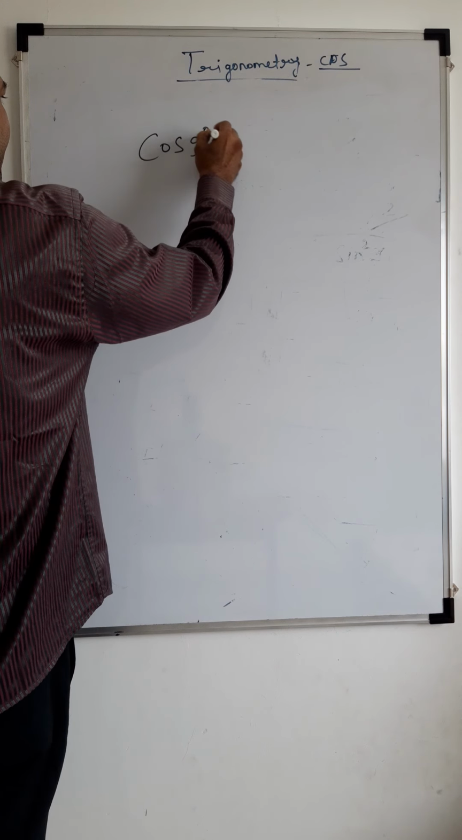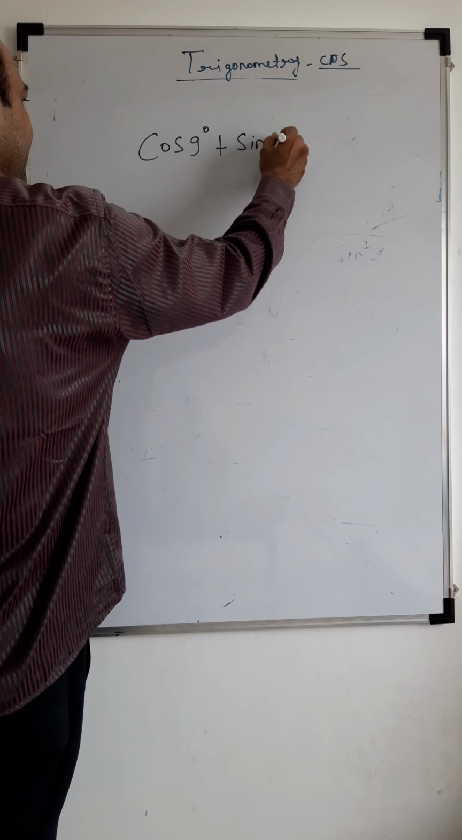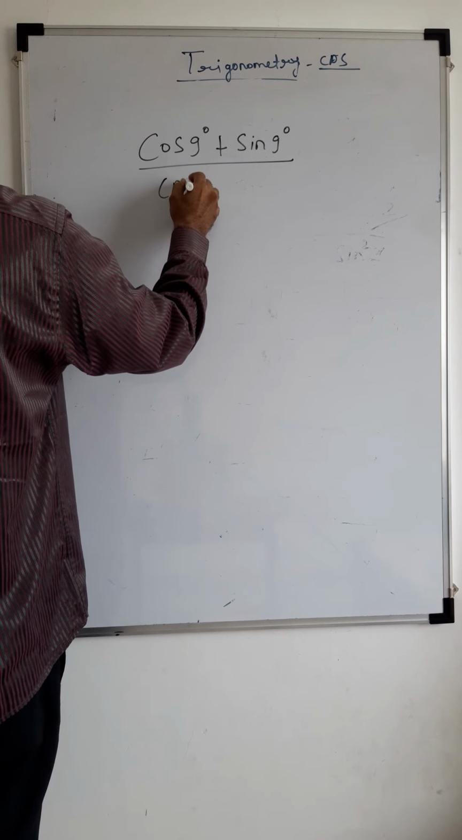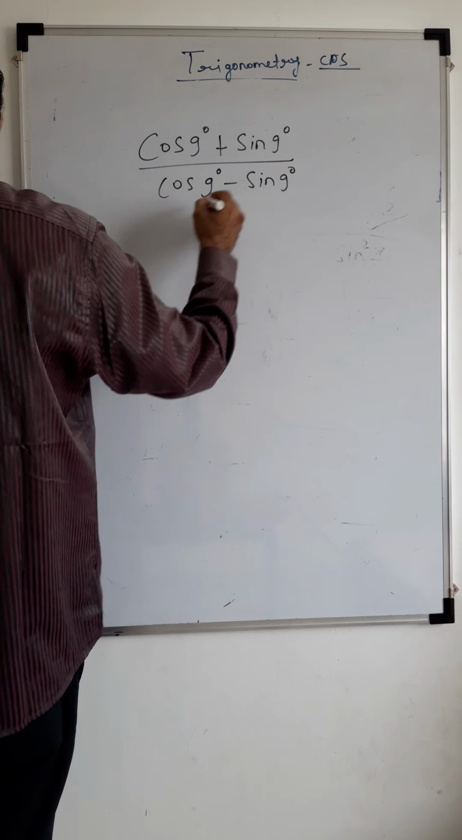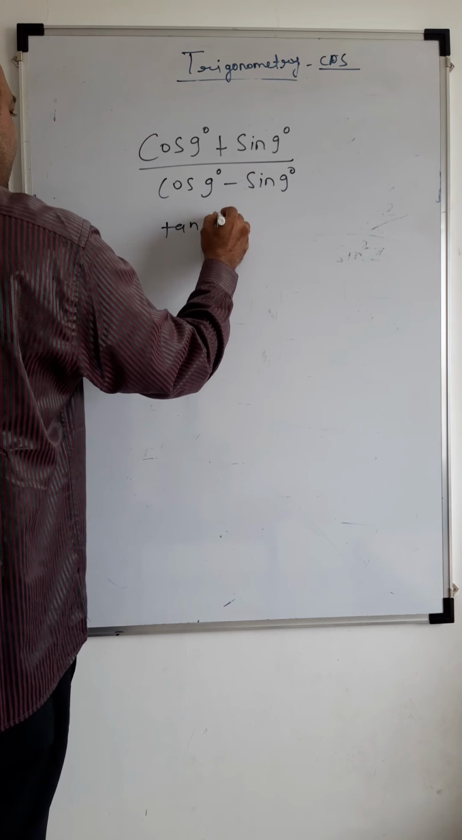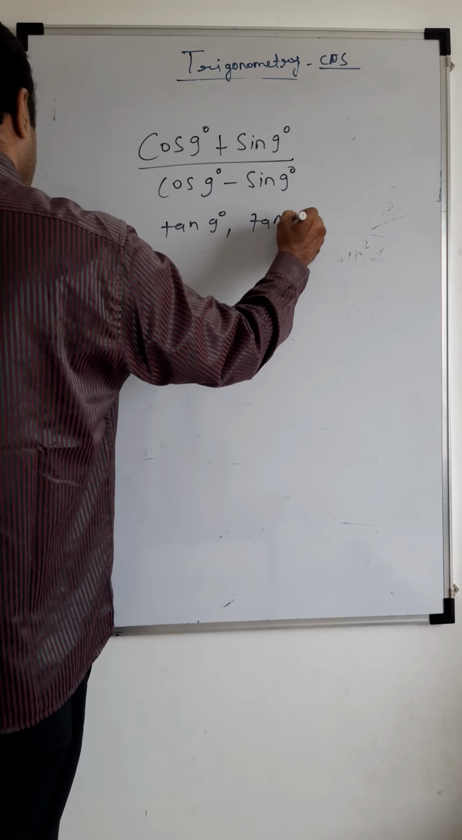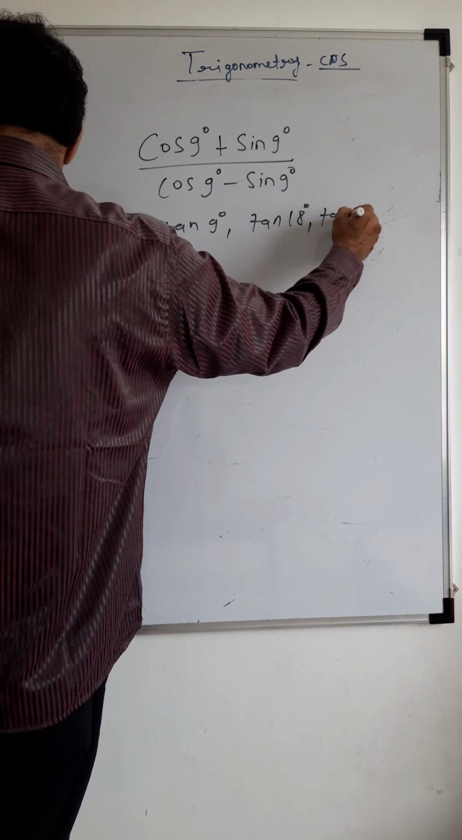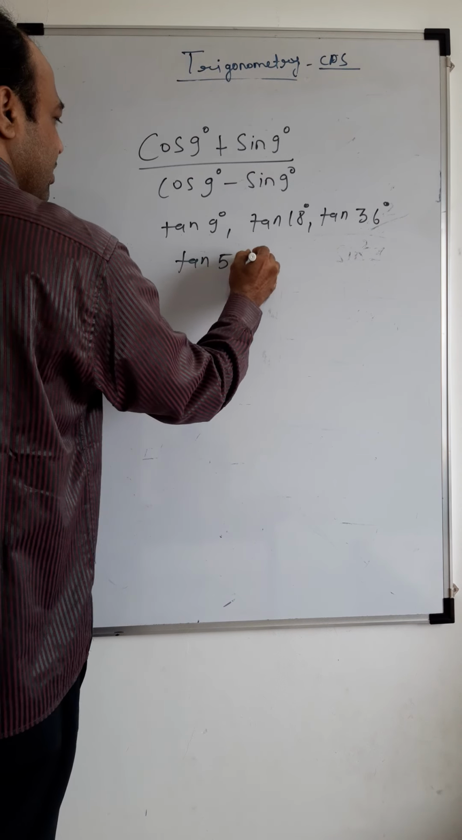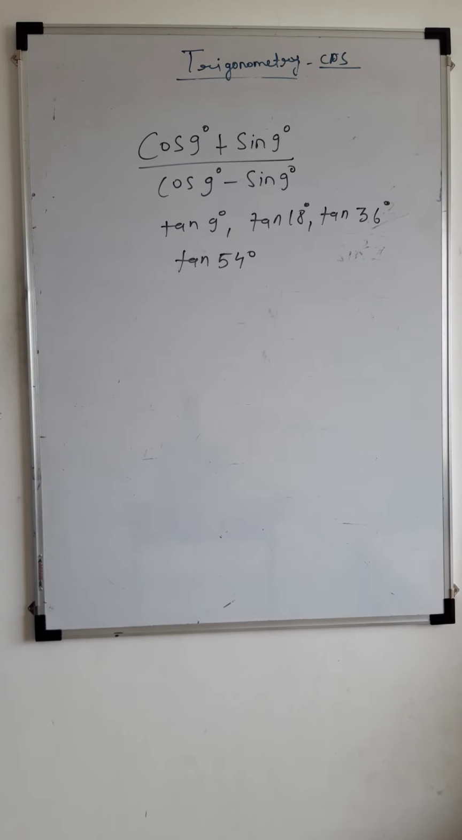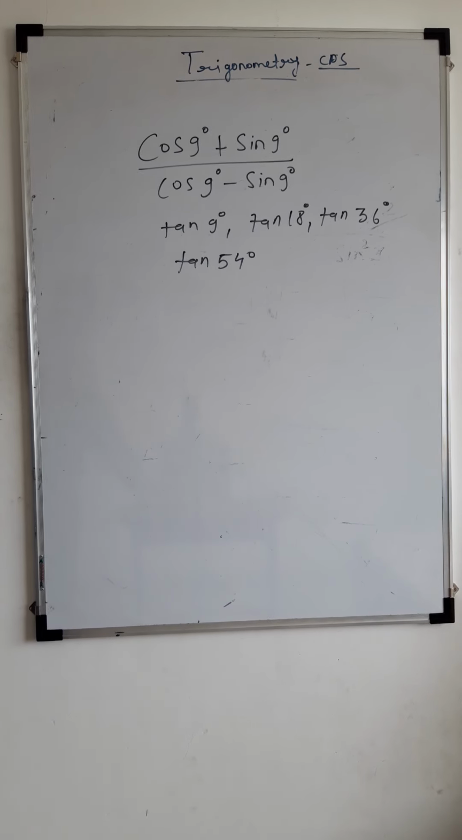Cos 9 degree plus sin 9 degree upon cos 9 degree minus sin 9 degree. Options are tan 9, tan 18, tan 36, tan 54. These are options, correct? Now that expression where it will reach, that is our demand. So